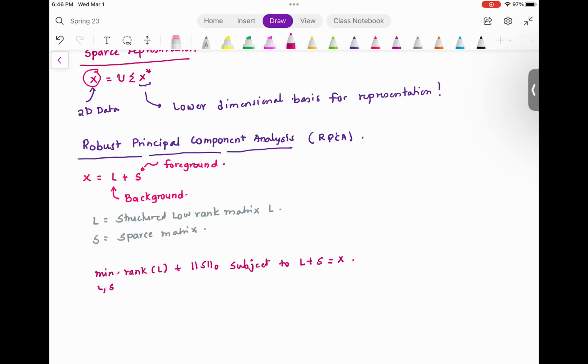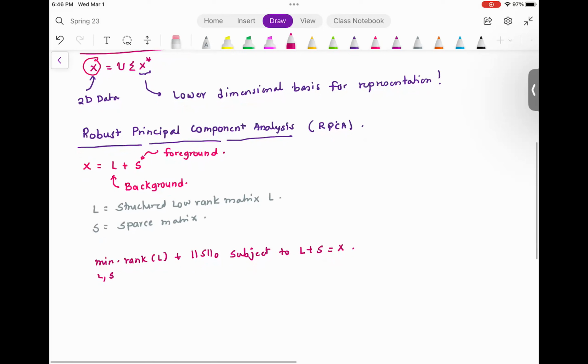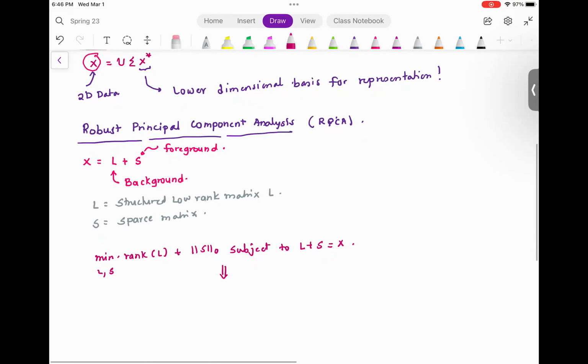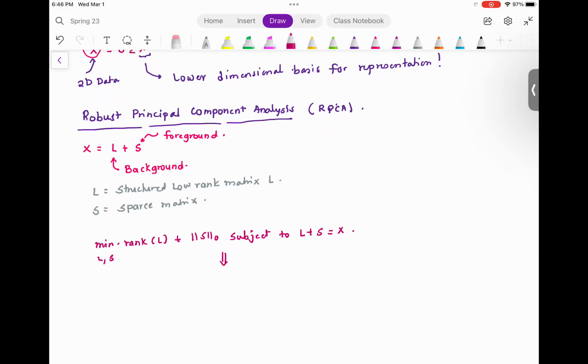And that approximation is: minimize over L and S the nuclear norm of L plus lambda times the one norm of S, subject to L plus S equals X,